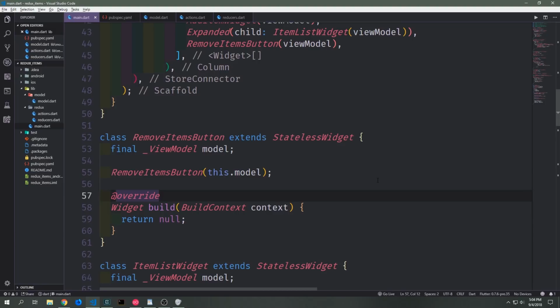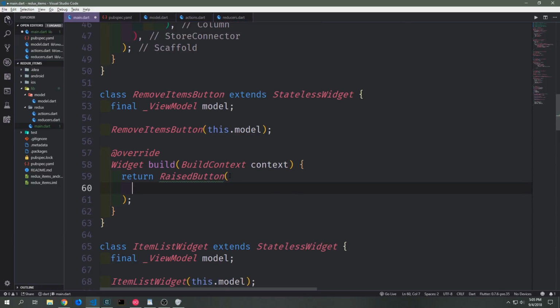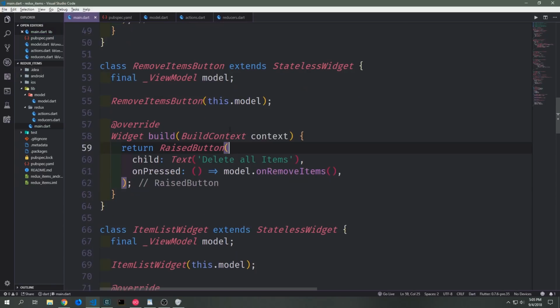Finally, let's create our Remove Items button. Again, we passed in the view model, so we need to define it and then put it through the constructor. And then we want to define the main body for this widget, which will just be a raised button. And when we click the button, we'll call on our Remove Items action to remove all of the items from our list. So the raised button will have a child of text which just says delete all items, and then